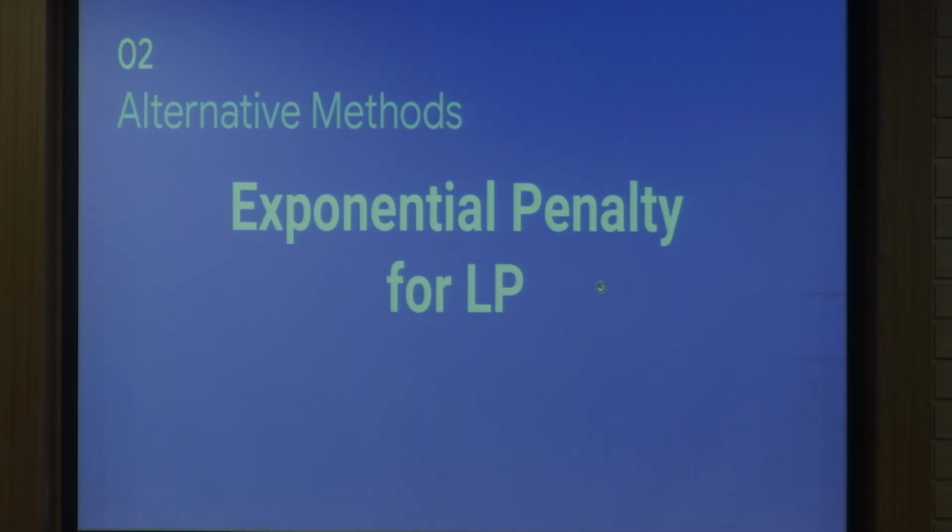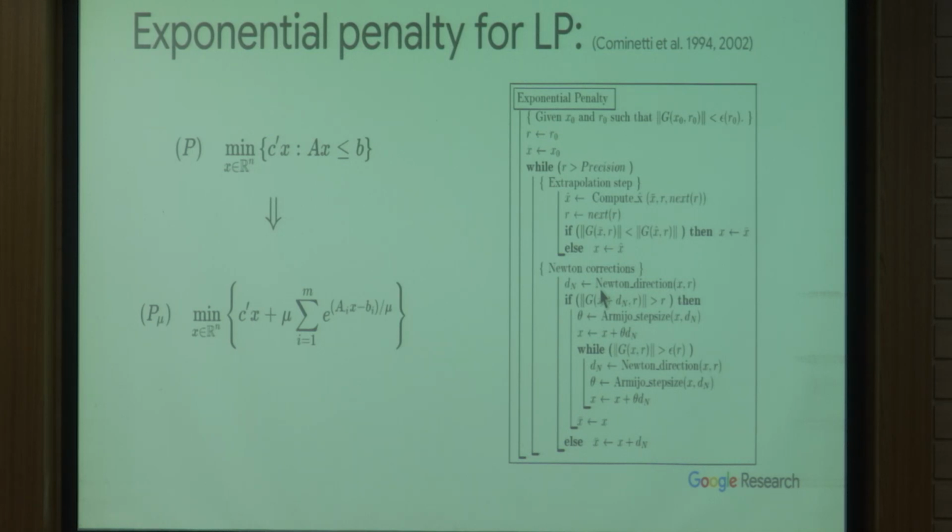And there are more things around. So this is an older paper by Roberto Cominetti. And his idea is to use exponential penalization for LP. And why was I looking at exponential penalizations? Well, because barrier is a penalization method. One of the reasons why you cannot parallelize it, or warm start it better, is because you need an interior solution. With exponential penalization, you don't need interior solutions because it's exponential. You can go beyond. And his idea is very simple, essentially.